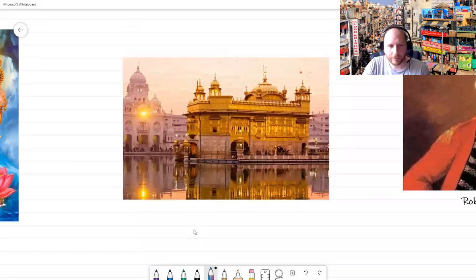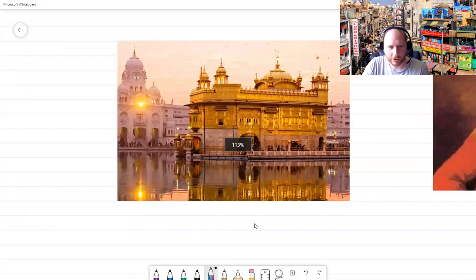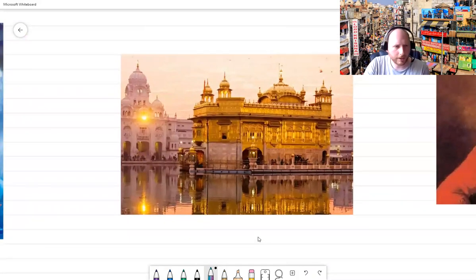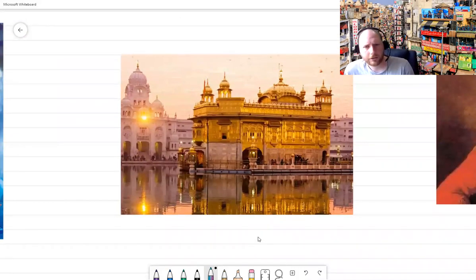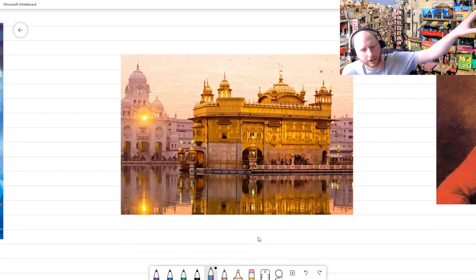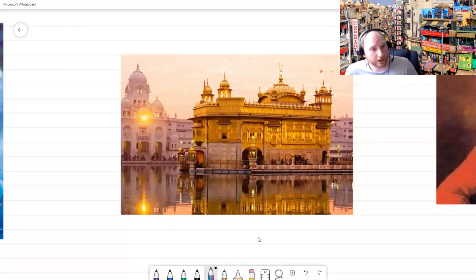Now here we have a building to represent another one of the major world religions which comes from India, and this is the Golden Temple. This is the Golden Temple of the Sikh people. Now, Sikhism is a relative baby religion compared to some of the other religions on earth, especially compared to Hinduism. But Sikhism was created by a man called Guru Nanak, who